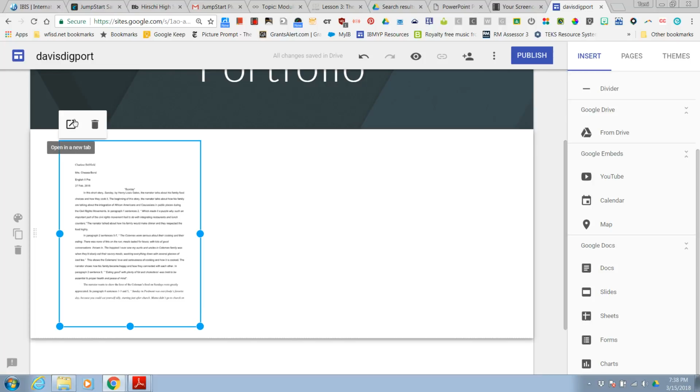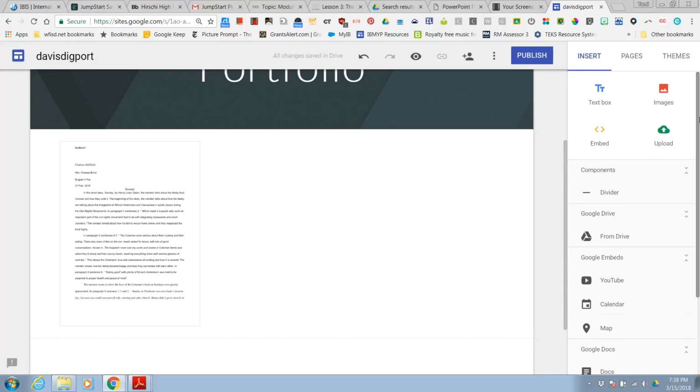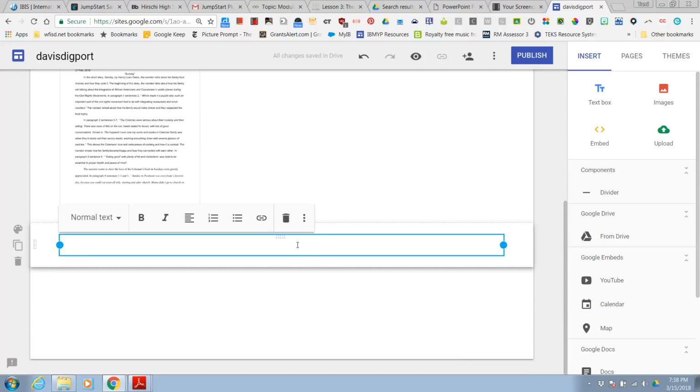See this right here? This little arrow is going to open it in a new tab, and whoever views your website is going to be able to read your paper, because we are, after all, publishing to a worldwide audience. We want everybody to see our beautiful writing. So I'm going to add a text box, and I'm going to call this